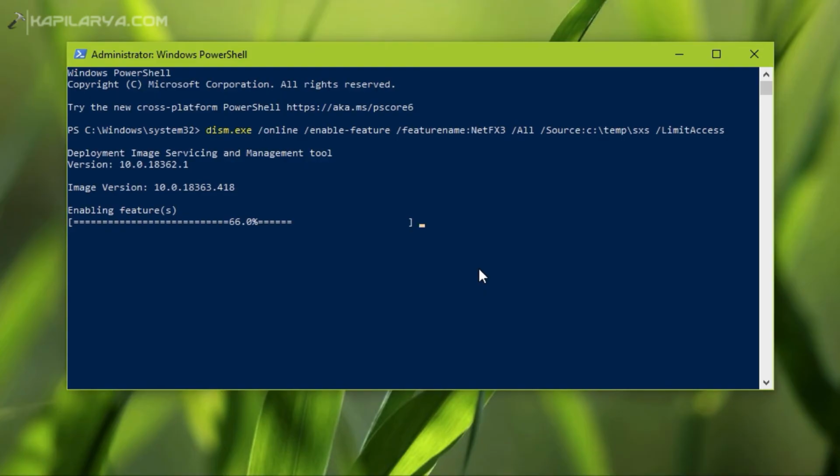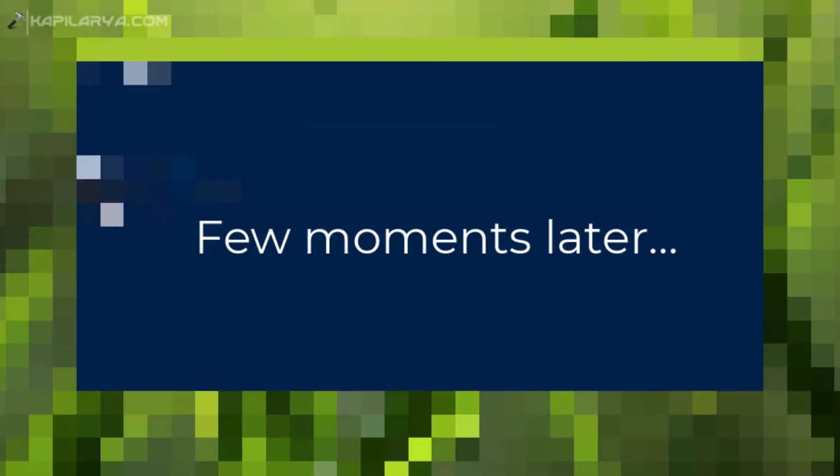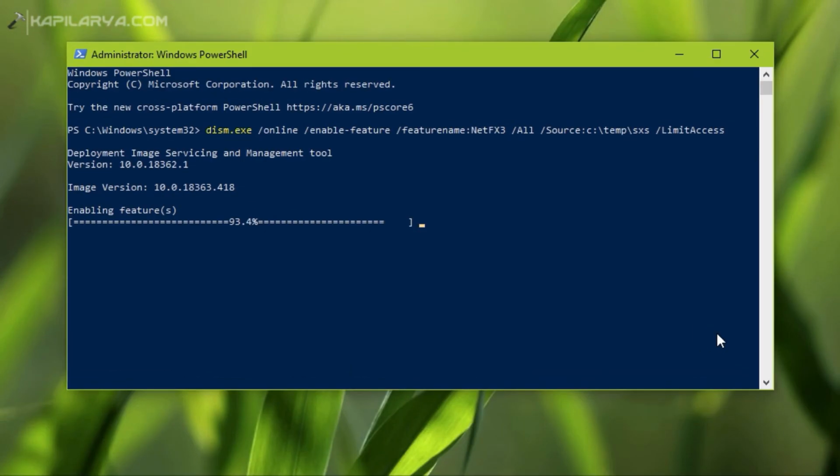So after a few moments you can see that the progress is now above 90%. And finally the progress is 100%. This means the feature is now enabled. Also you can see that the operation completed successfully. This confirms that the .NET Framework 3.5 feature is enabled.